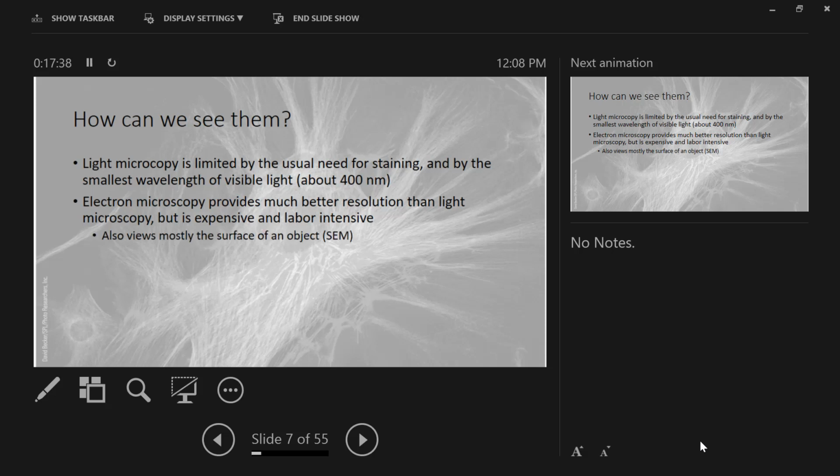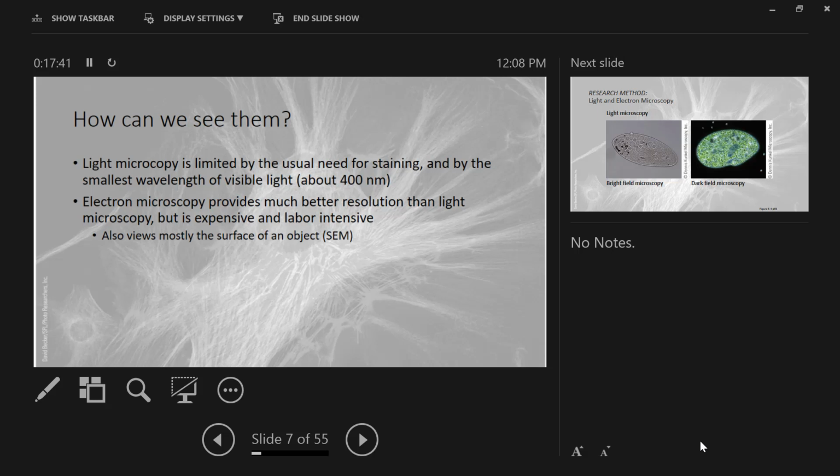Electron microscopy is limited in the fact that it usually is really just effective for viewing the surface of an object. You do have a different type of electron microscopy called transmission electron microscopy, but it's a little bit more complicated. And this is very expensive. If you want to look at the outside of a structure, you have to coat it with some kind of metal. So you've got to kill whatever it is that you're looking at, and then coat the outer surface with a metal, and then you can basically beam it with electrons, and as the electrons are deflected, a computer screen picks them up and builds an image for you.